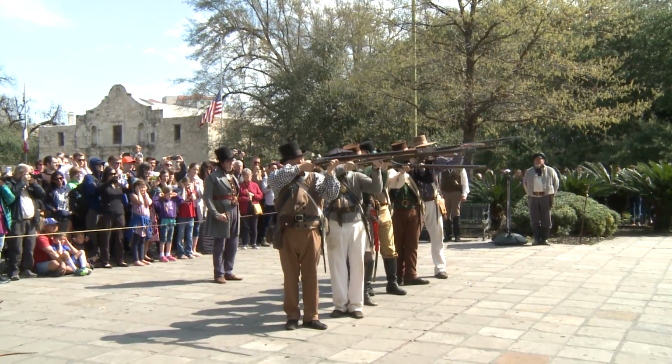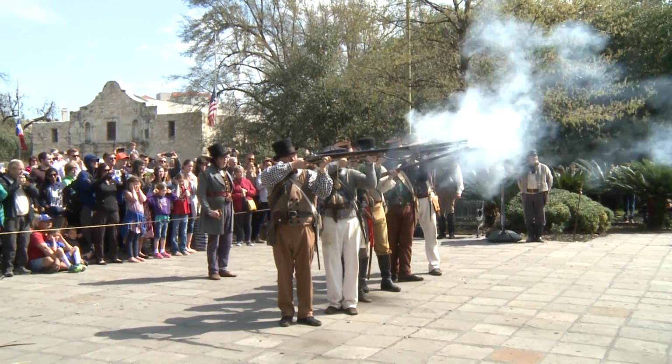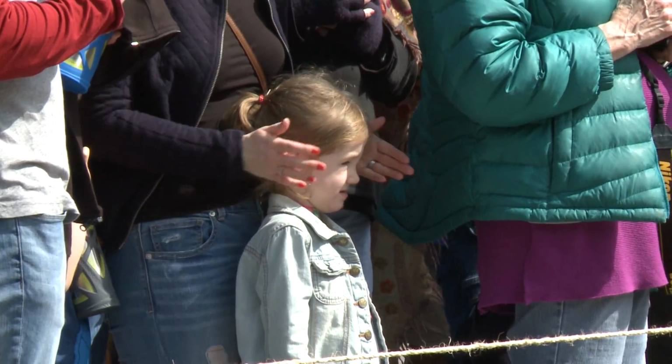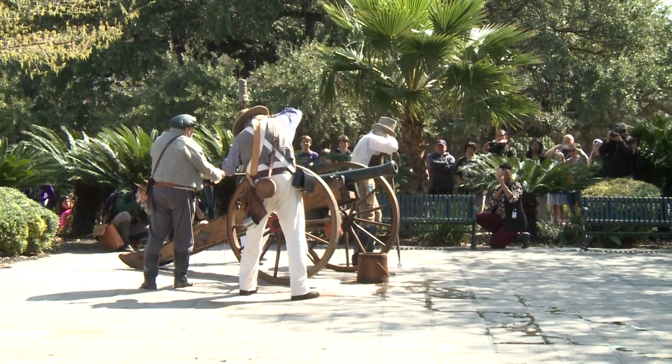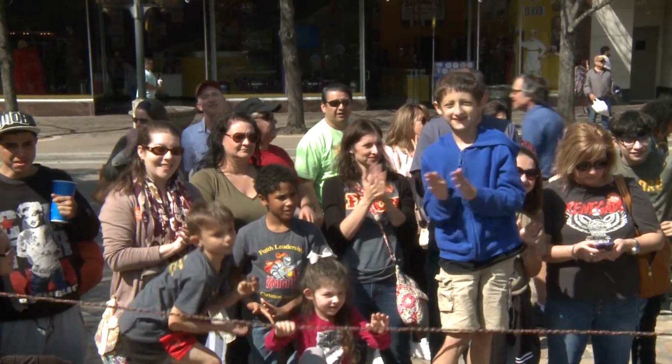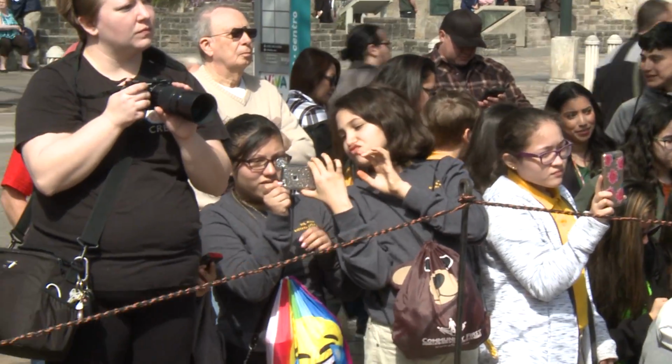Last October, in honor of Come and Take It Day, the Alamo held a 3-day celebration of the cannons and the artillery of the Alamo. For 3 days, visitors came to see these guns and witness live demonstrations of replica cannon being loaded and fired. At the end of the 3 days, it was exceptionally clear that Texans have a special place in their hearts